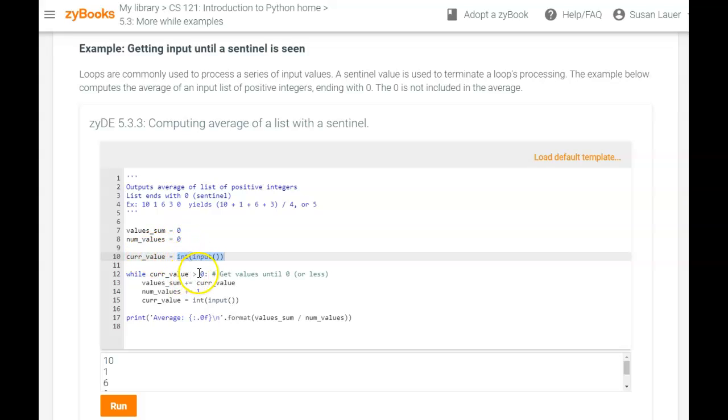If it's greater than 0, because we want positive integers, then we'll add it to our current sum, and we start with a sum of 0. And we'll also increment our number of values. So the first time through this loop we have 1, and then we'll ask the user for another number. If they give us a value that's greater than 0, we'll go through the loop again. We'll do that until they give us something that is 0 or less,